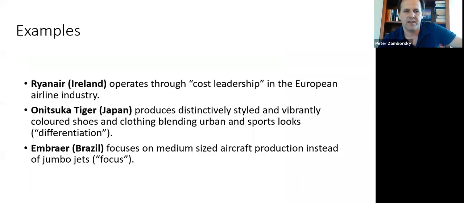So if you look at Onitsuka and Embraer, it's not entirely easy to compare, but the question is whether you focus on one type of customers or whether you focus on a number of segments. So you could argue that for Onitsuka, that could be attractive both to young people, to kind of, you know, also young dads who want to still feel young and wear a cool shoe, both genders. So it could be a unique product, but a couple of markets.